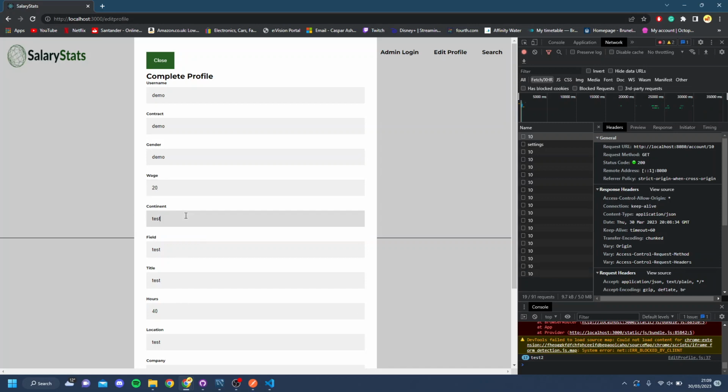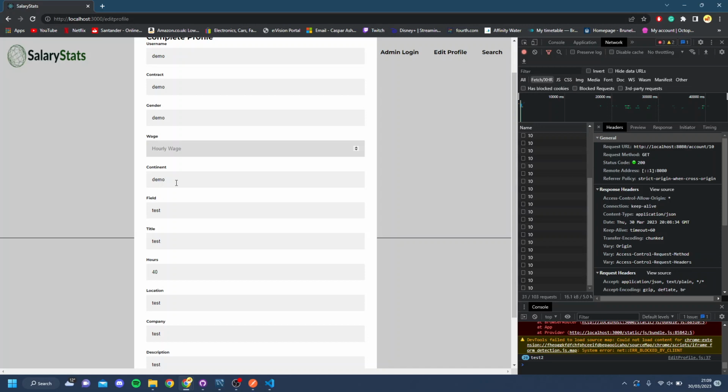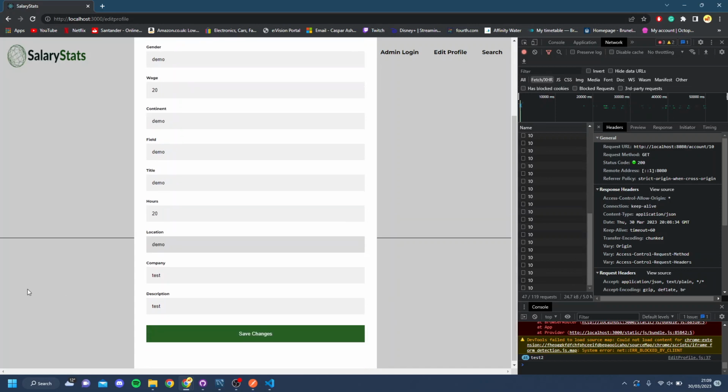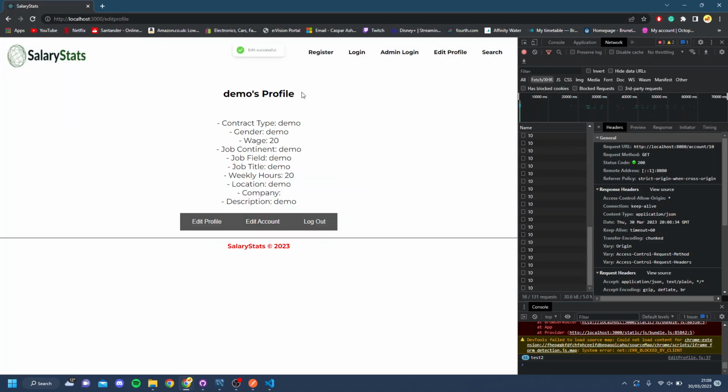Wage and hours have to be numbers. You cannot physically enter anything but numbers. Change it to 20. None of this information apart from the ID has to be filled in. It can be left blank, as I'll show you with company, for example. Save changes, it changes it here, and you should see